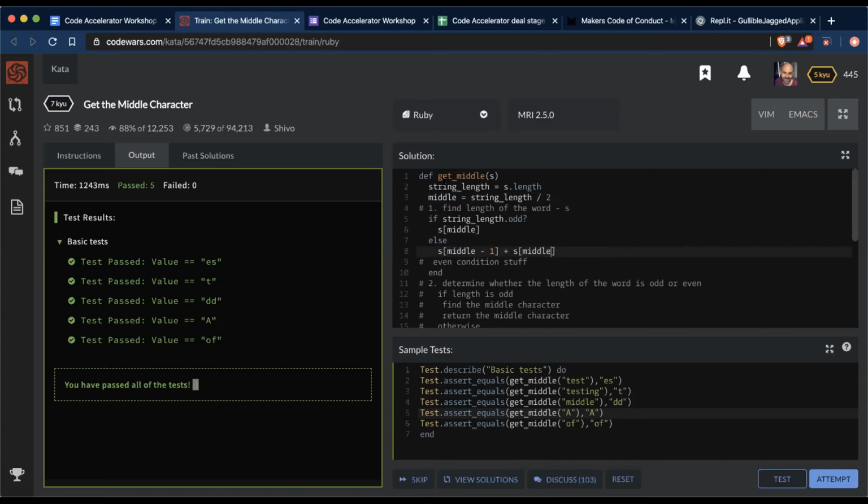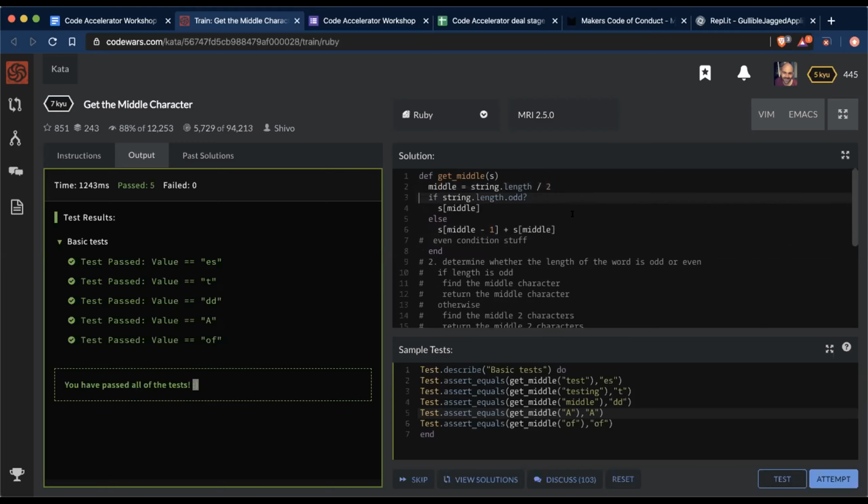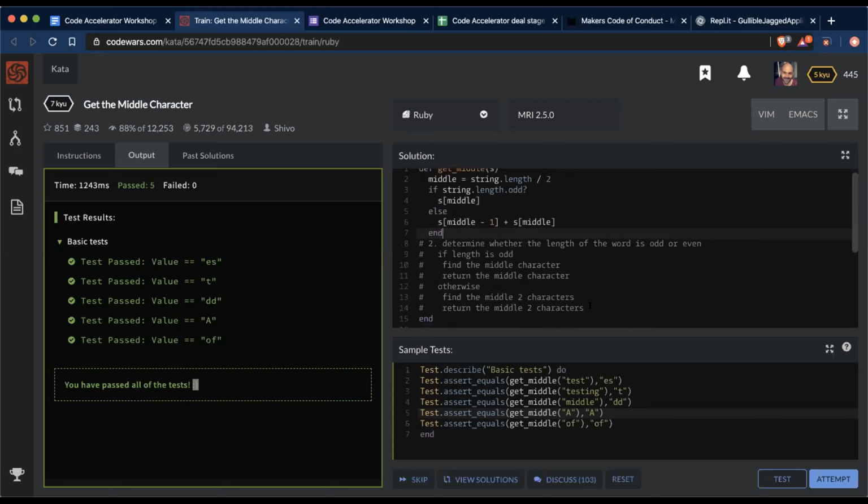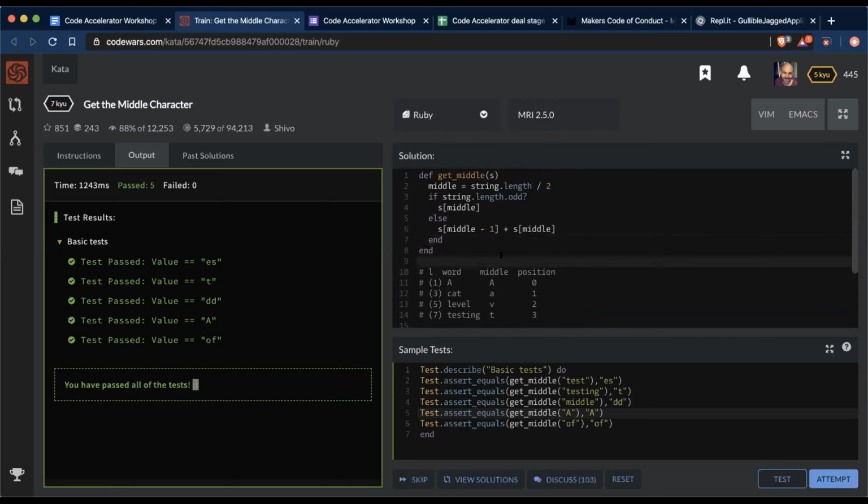This only happens once, really, so I think I'm actually not going to worry about it. I'll leave it commented so we can see it, but I think I'm just going to use string.length. And I'm going to try and now get rid of all the comments so you can just see what's going on here. And that, for the moment, is the solution that we came to. I'm going to leave it as this. We could probably